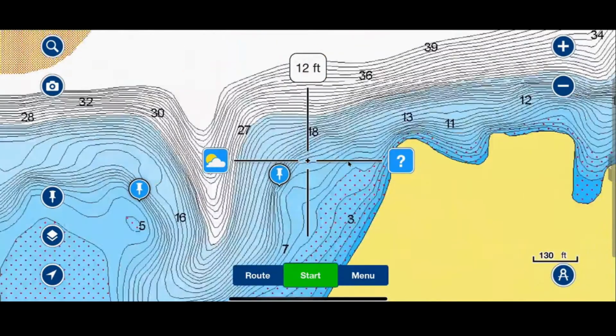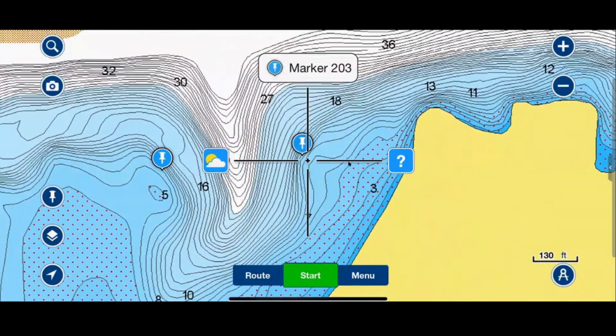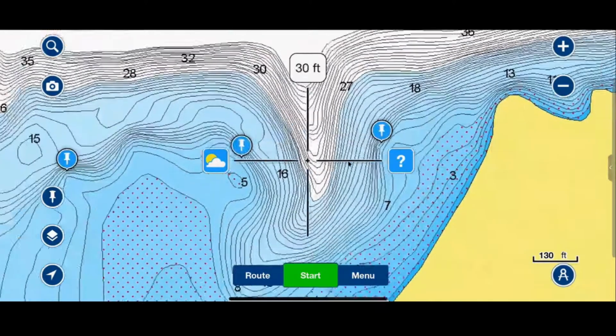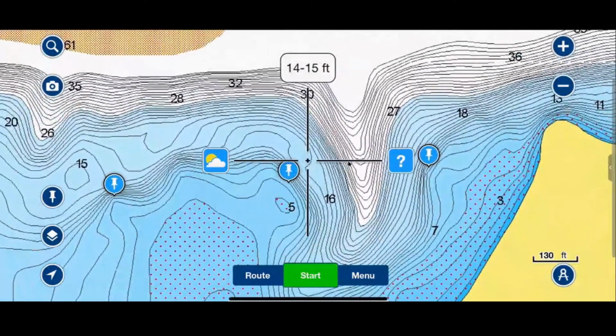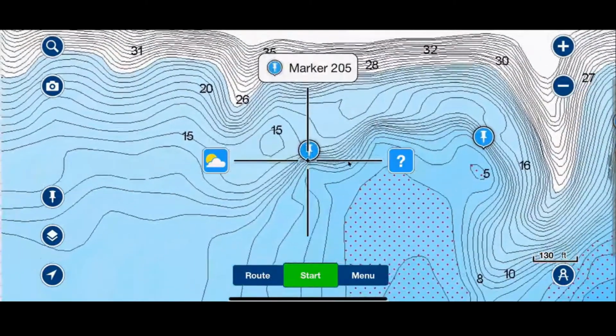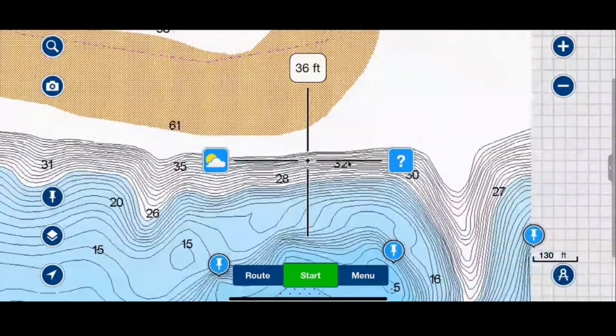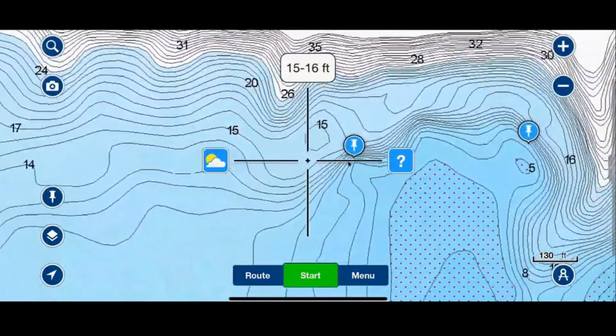So if I zoom in, you'll see it's got some pretty good breaks, 6 feet down to a little bit of a flat. Here it's got a really good flat that it drops down to at about 16 feet with a shallow top. Same thing here as well. So you really want to come in here. Obviously, you want to look out here where the creek channel is, and then move up in here